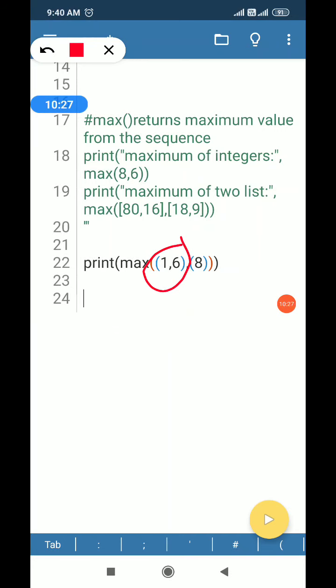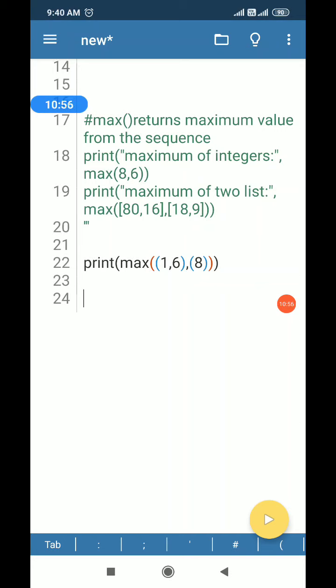Since my max function or min function says it will return maximum value from the sequence, and tuple is also a sequence, it must return the maximum value from the tuple, as it will from the list.